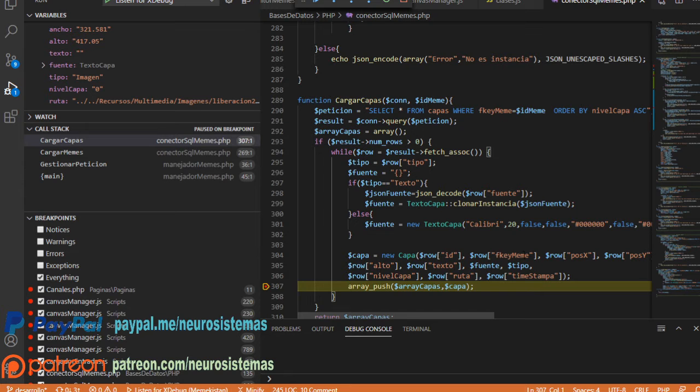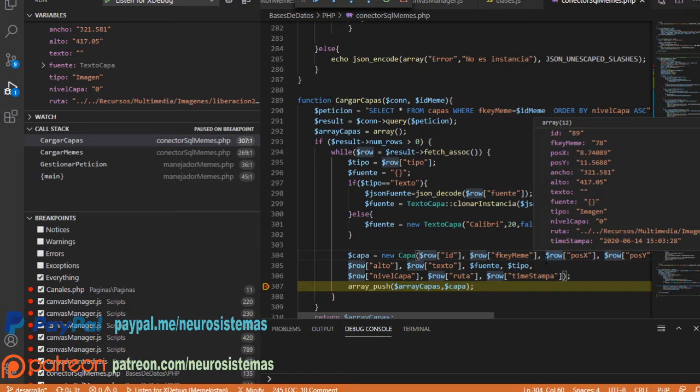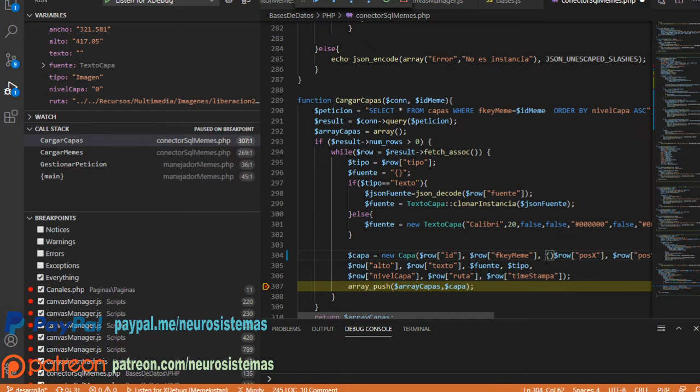For example, this is a position on the screen. This should be an integer 10. I had to cast it to int, or